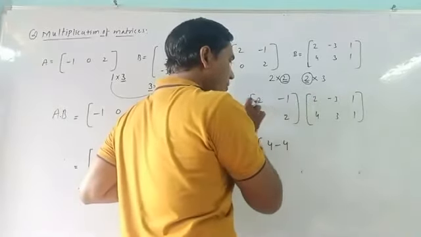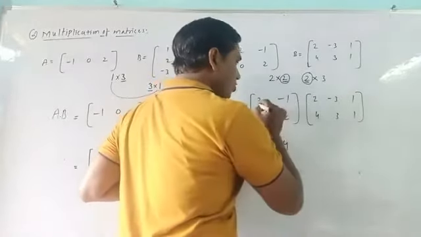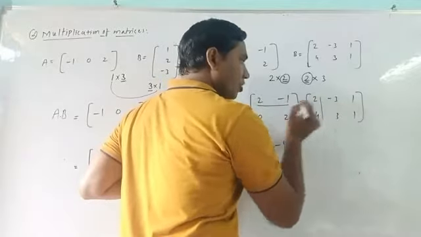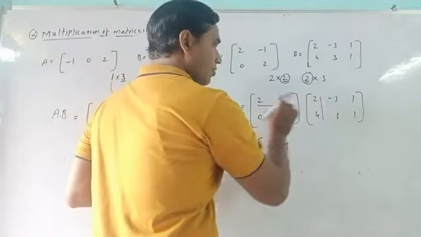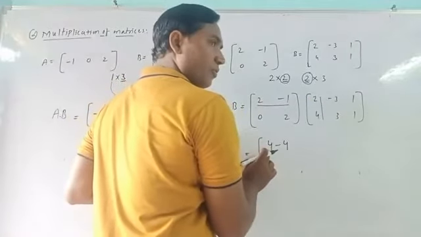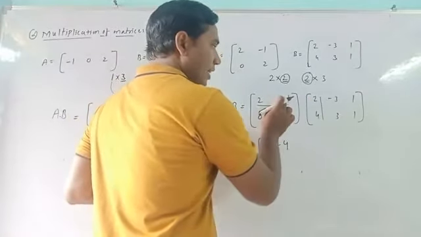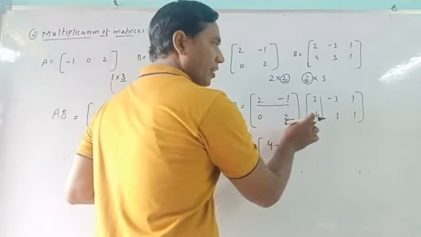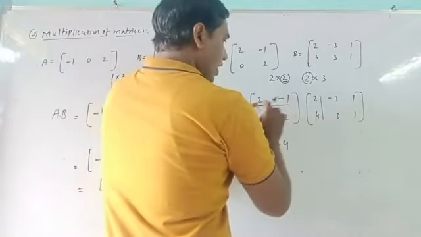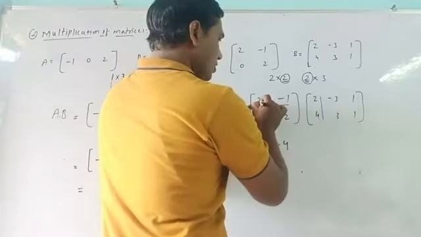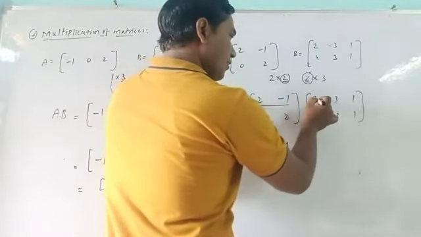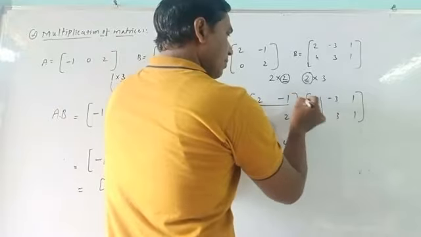Okay. Once again I am repeating here. Now how to multiply them? This is the first row. It is the first column. Multiply the first element of that row with the first element of that column. 2 into 2, that gives 4. Now, the second element is multiplied with the second one. It is not possible that 2 into 2, 4 and 2 4s are 8. This is not there. How to multiply that?